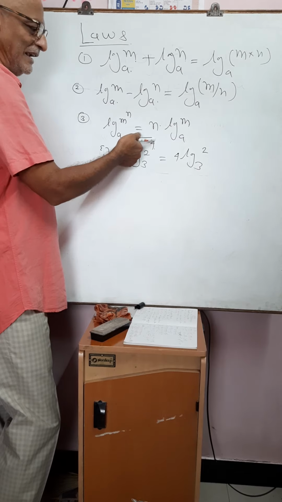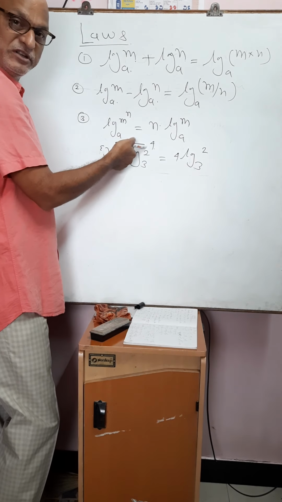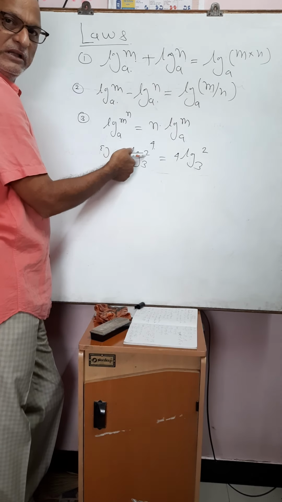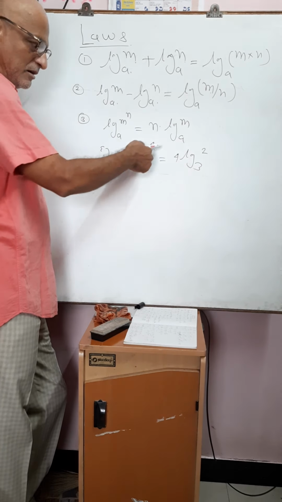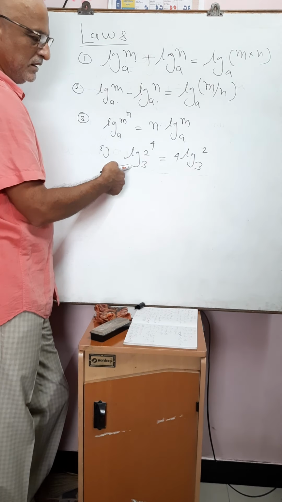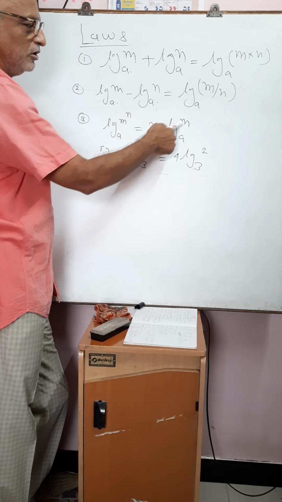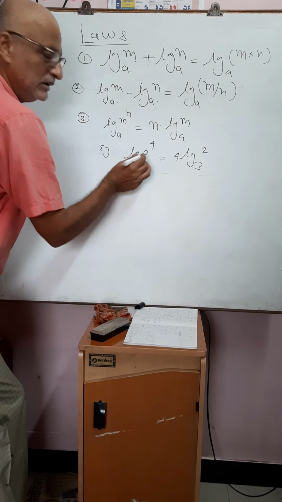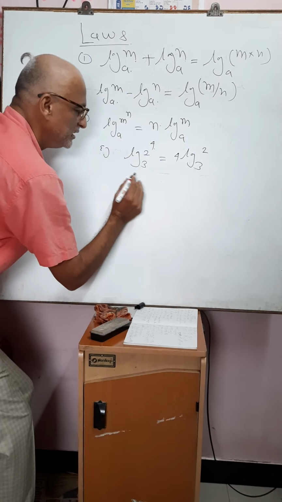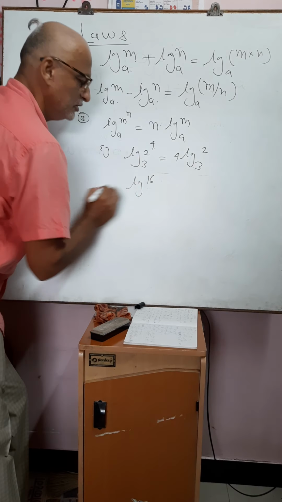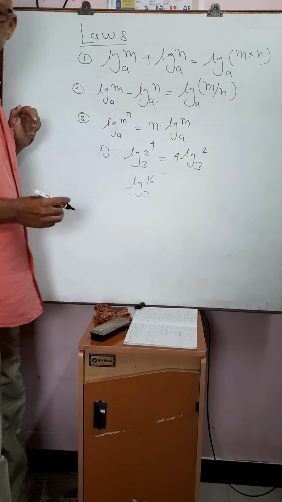This 4 is the index, this is the base of the exponential form. एक्सपोनेंशियल फॉर्म का बेस है 2, लॉगरिथमिक, ये कंप्लीट जो लॉगरिथमिक फॉर्म है उसका बेस है 3. So the base remains here 3. That m raised to n into log m to the base a will become 4 into log 2 to the base 3. The same can also be written as, suppose instead of 2 raised to 4, 16 is there, log of 16 to the base 3.